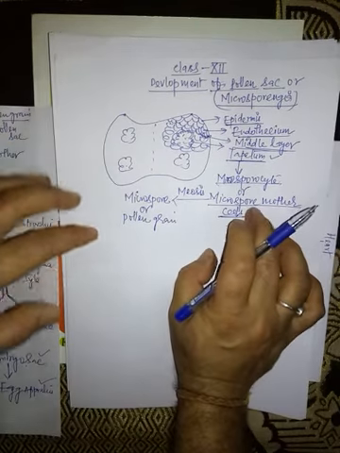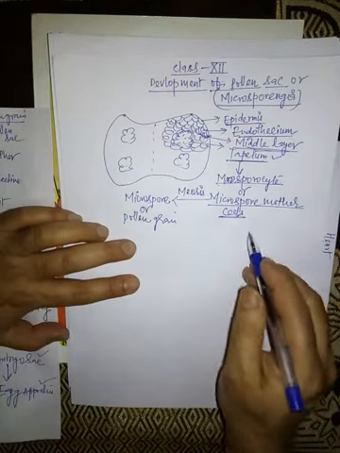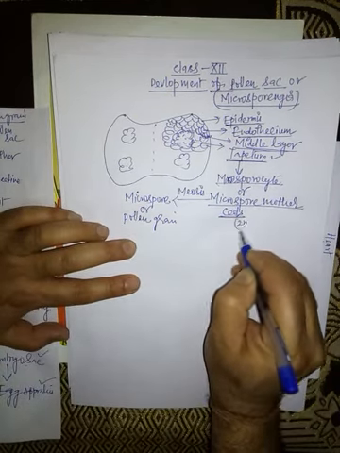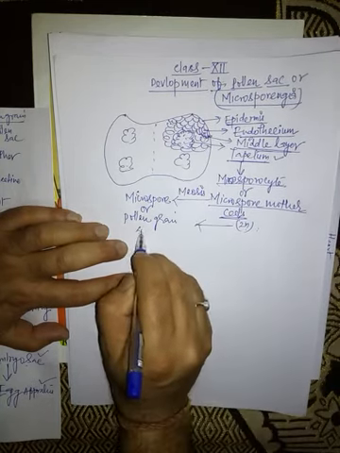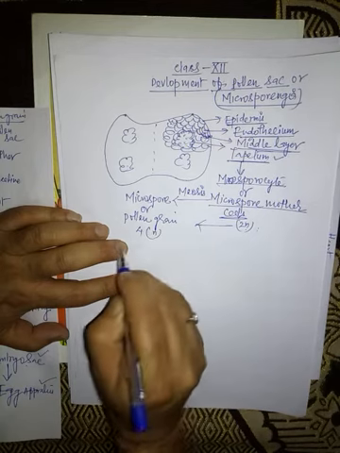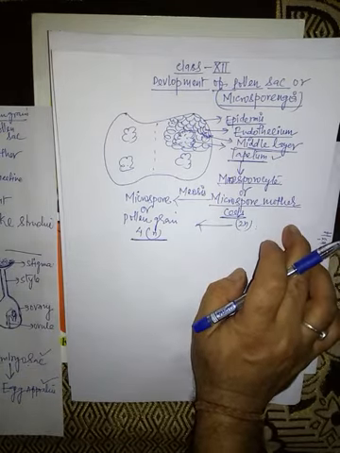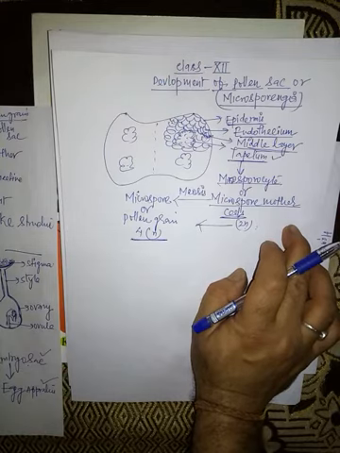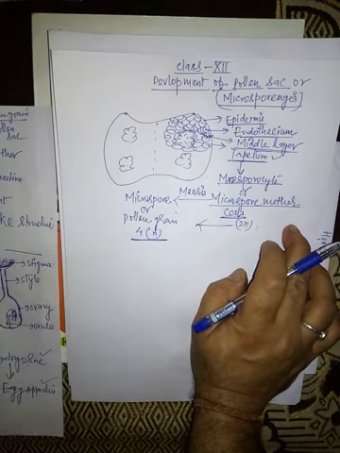Meiosis is a reductional division. What is meiosis? Meiosis is a reductional division. So by the reductional division, this diploid cell, the microspore mother cell, forms 4 haploid cells. Means it forms a tetrad. So these are haploid. All the pollen grains and microspores are haploid, and they act as a male gamete.